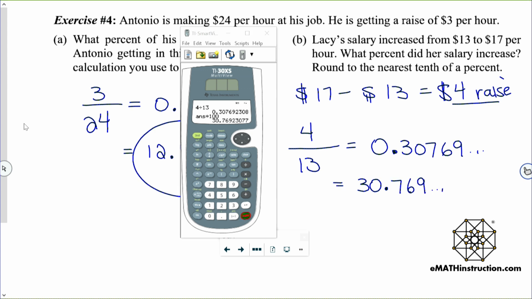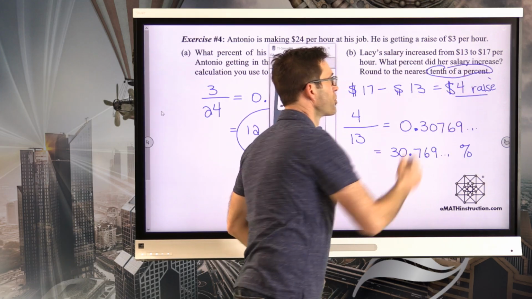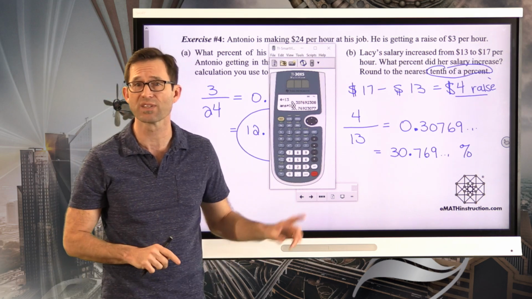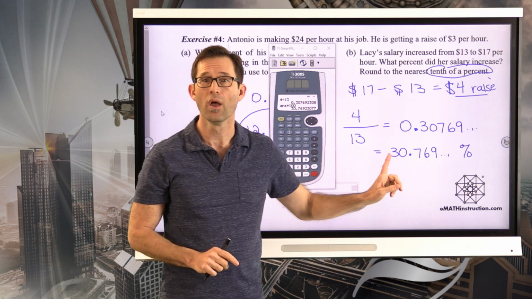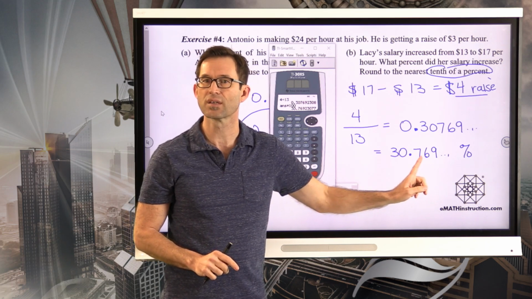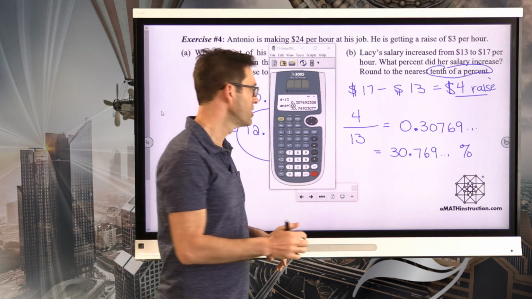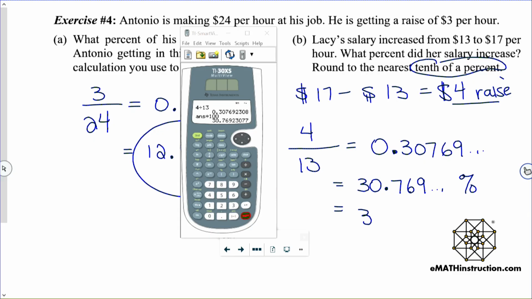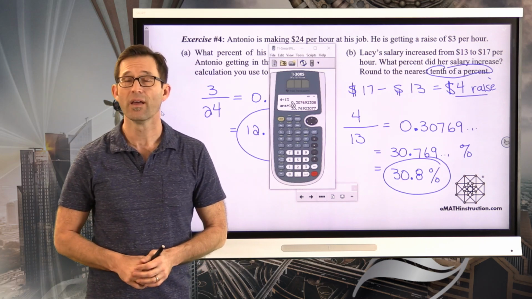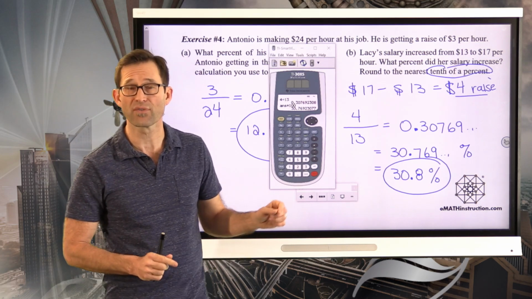And now let's step away from this for just a minute. We wanted it to the nearest tenth of a percent. In the last lesson on messy percentages, we were oftentimes rounding to the nearest whole percent. Here I want it to the nearest tenth of a percent. So 30.7, and then I look at the 6. That 6 means I should bump the 7 up to an 8, as if that wasn't confusing sounding. So we'll have 30.8%. All right? And again, the thing that's tricky about this is we have to first just figure out what